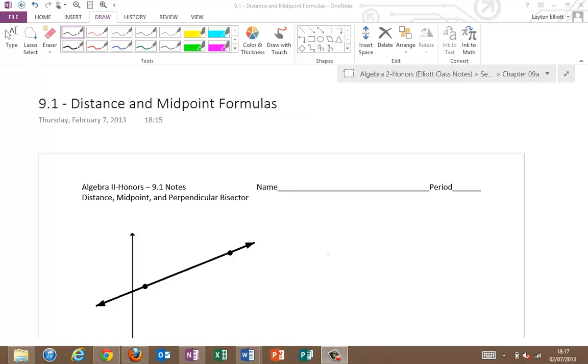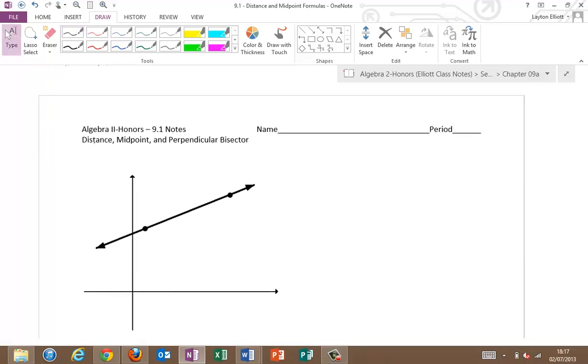Hello, and this is the start of Chapter 9. We're going to be doing a lot of new formulas and a lot of new stuff for you that should be building on things you already know. The first thing that we're going to be doing is something called the distance formula, and it really is the